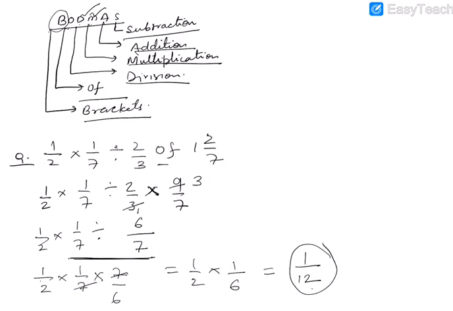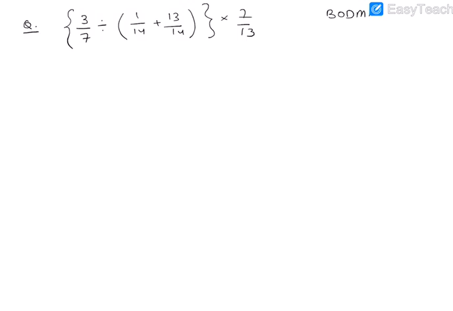We are not having addition and subtraction, so it is over. This is your next example. In this also we'll apply BODMAS. Bracket, first of all we'll solve the bracket. Which one is the smallest bracket? Vinculum is not here. After vinculum, which one is parenthesis? Parenthesis is here. We'll solve this parenthesis first of all.